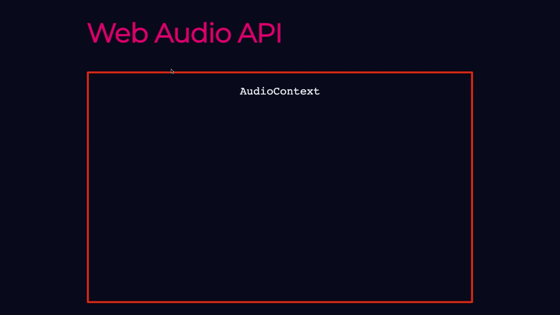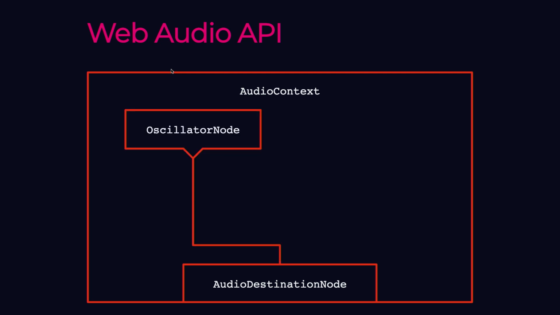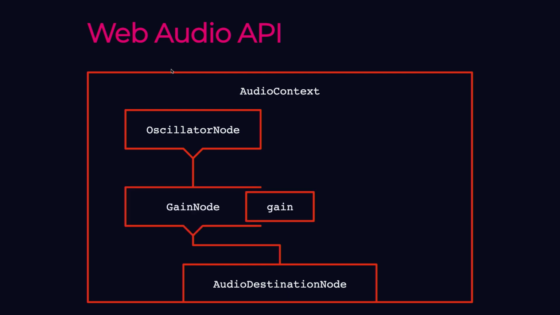You build an audio graph in the audio context, and that audio graph consists of different audio nodes, and you get one out of the box, which is the audio destination node, and that will be the connection to the speakers. So everything which you connect to the audio destination node will be hearable in the end. And if you, for example, create an oscillator, that will play a nice beep sound, and if we then think the oscillator is too loud or not loud enough, we can add a gain node